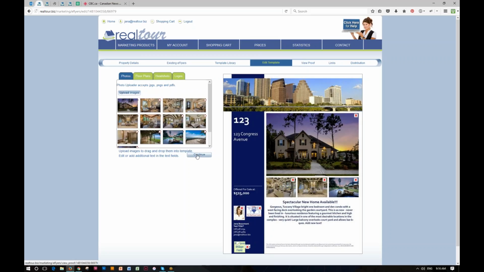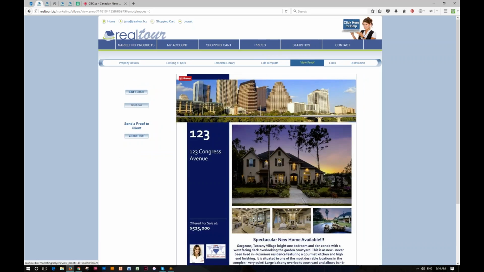We're going to either continue or use the navigation bar and go to the view proof page. You'll get to the same area. The view proof page. Now I cannot stress this enough whenever I'm doing a tutorial. Please take 5 minutes and view the proof of your e-flyer, because once you blast this e-flyer out, we cannot